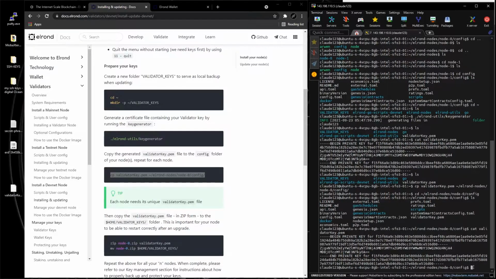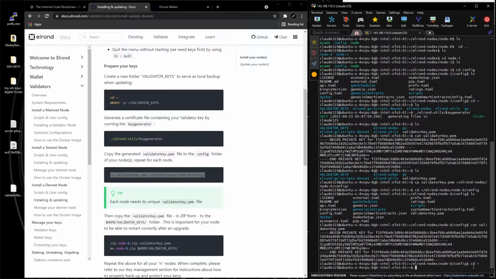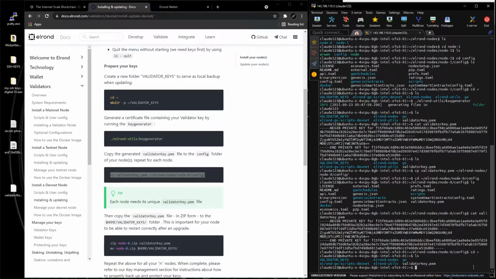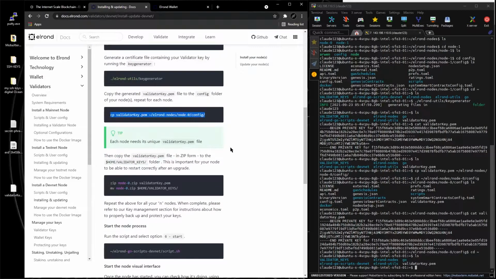Okay, let's go to the base folder, to the root folder. Let's see where we're at right here. Now the first step is to zip it and put it in the validator keys folder. All right, and then it says to start the node. We're not going to start the node yet. So let's zip this validator key,